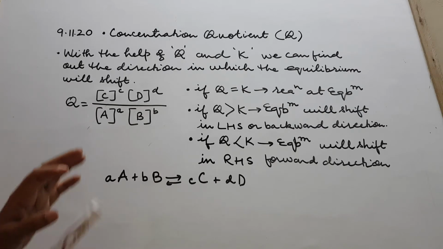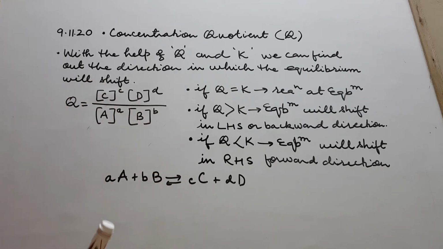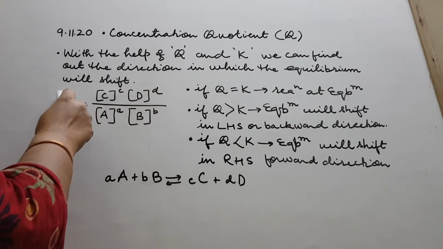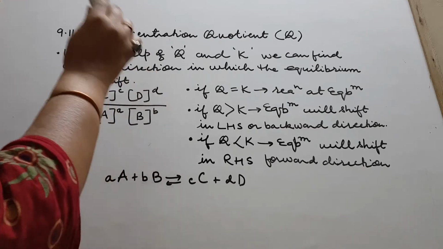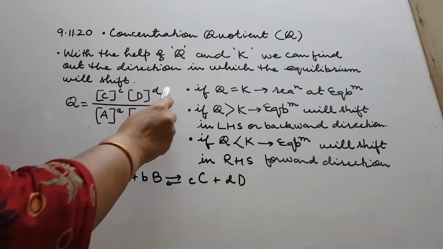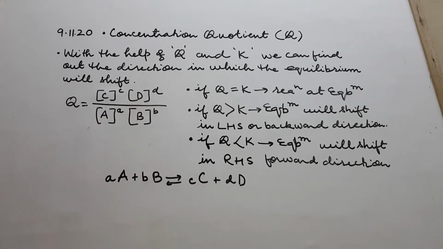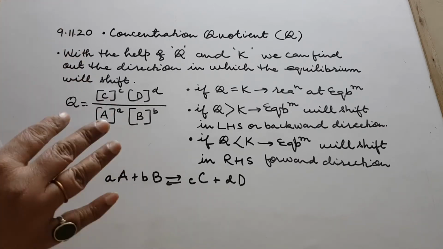As a policy, it's quite an understood concept. So if at any point of time this value of K, this ratio, is more than K, it means this is more in amount, this is less in amount. So in nature, equilibrium is always maintained, children. In nature, equilibrium is always maintained.